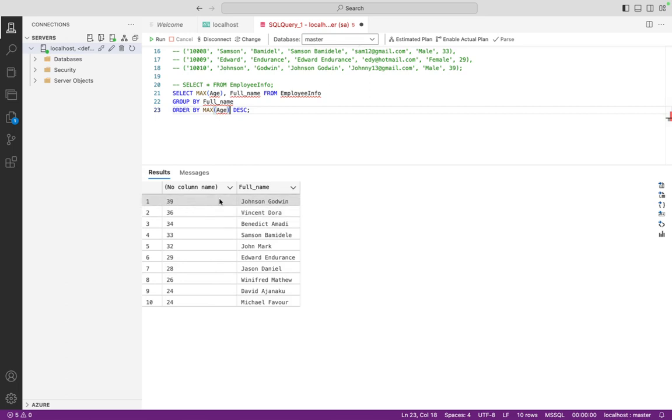So you can see that the oldest person in this company right now is Johnson Godwin. So this is how we can use simple query. So in our next video, I am going to create another table, right? Like an employee salary table, like this. Let's say